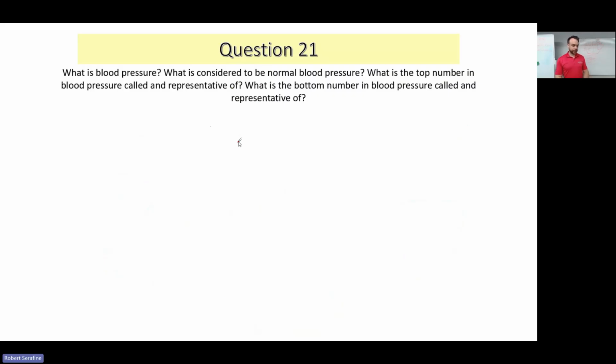So what is blood pressure? What is considered normal blood pressure? What are these numbers and ratios you might have seen before at any given time? Well, blood pressure is the pressure that is measured on the walls of the arteries